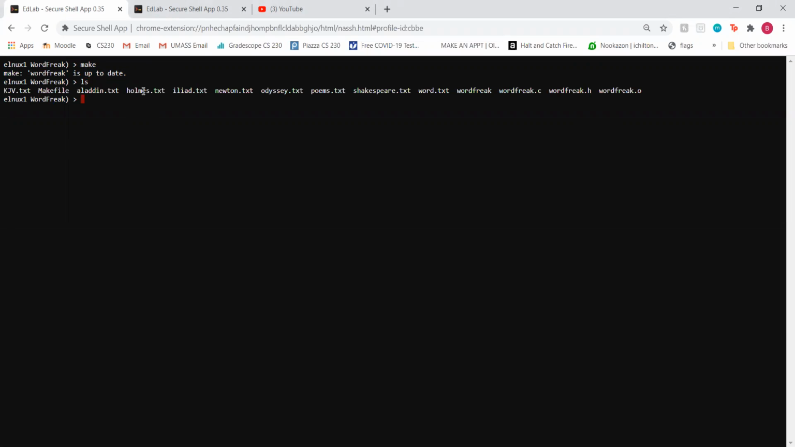If I look at the files, I have all these obviously .txt files. I have my make file, my WordFreak.c.h, and my runnable WordFreak program. So first things first, if I start with just